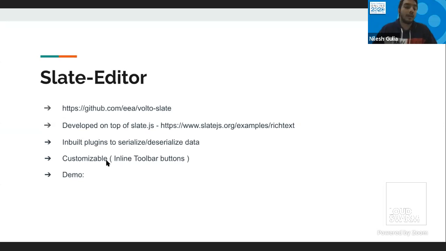There's one similarity between Draft and Slate: they both have an internal state, and they both work for creating rich text content. But the plugin ecosystem is the difference. So let's see how we use the Slate editor.